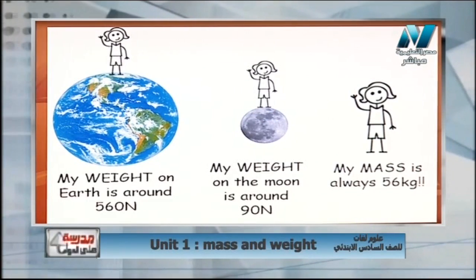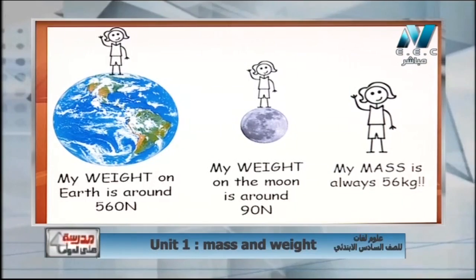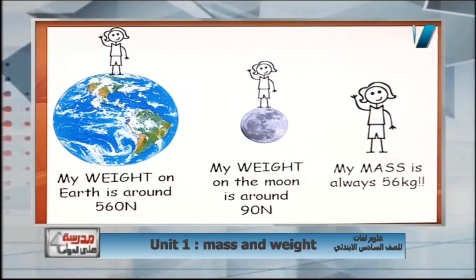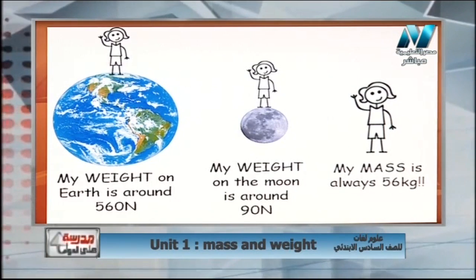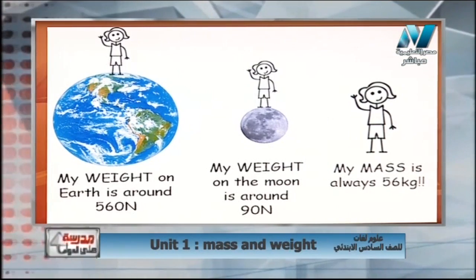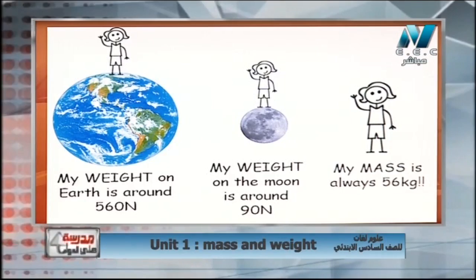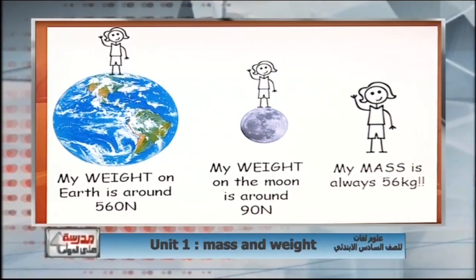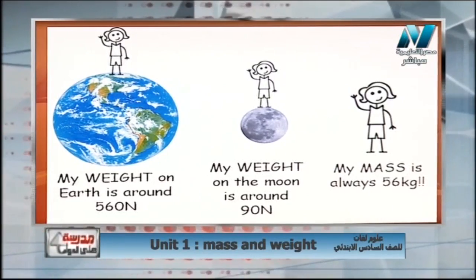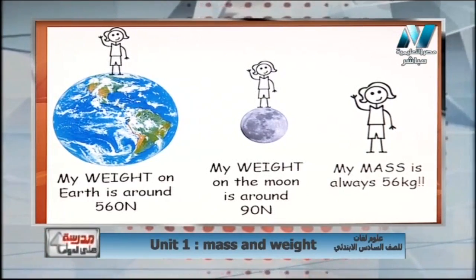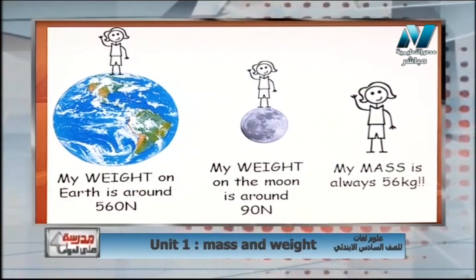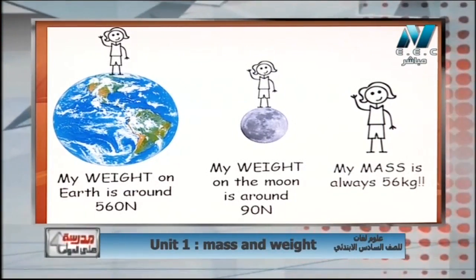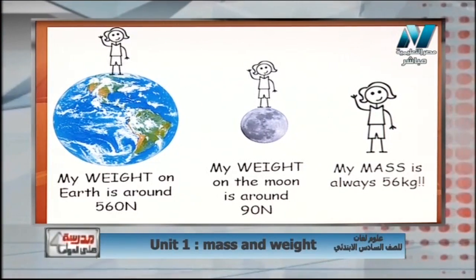The girl says my weight on earth is around 560 نيوتن. الويت هنا بتكلم على الويت عند الارث تقريبا 560 نيوتن، لكن my weight on the moon is about 9 نيوتن only. يبقى الويت بيتغير، لكن بتقول لي في اخر صوره my mass is always 56 كيلوغرام. يبقى الماس في ثلاث صور هي 56 كيلوغرام، لكن الويت changes. يبقى مهم قوي اعرف فرق كبير قوي بين الماس والويت، ان الماس ما بتتغيرش، الماس doesn't change، لكن الويت بيتغير،